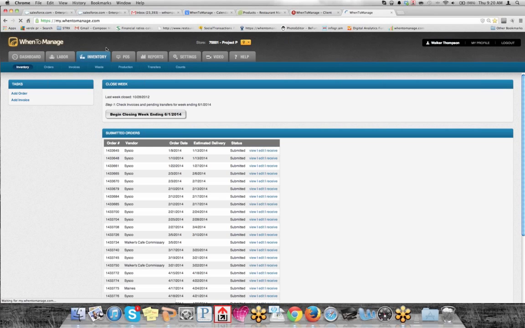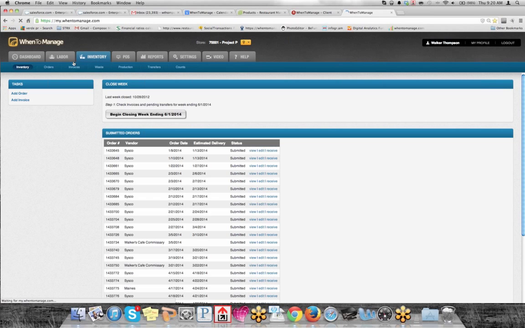Now, our inventory system can handle commissary functionality. It can handle multiple locations, different kinds of vendors, integrations. It's a system that can be very big and very broad or very narrow. And what I'm going to show you quickly is how narrow this can be. To get to theoretical analysis, which is somewhat the holy grail of inventory, your managers only have to complete 3